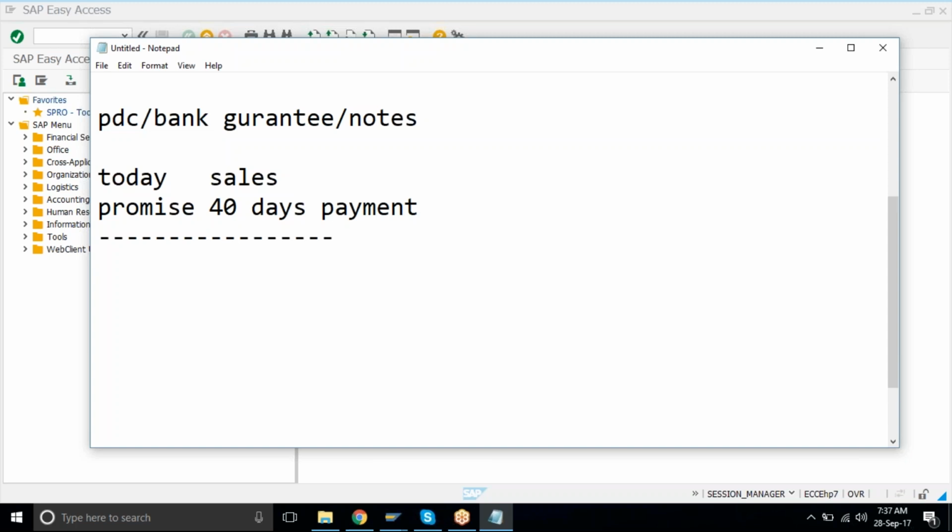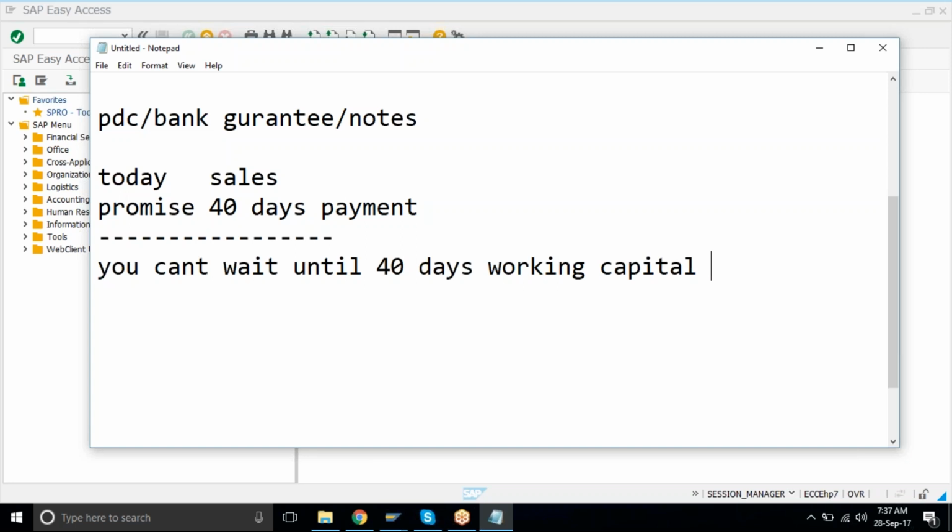Okay, you can't wait until 40 days, as your working capital will be blocked for 40 days if you wait. Making sense so far? Yeah. If you wait for 40 days, your capital will be blocked for that point of time.